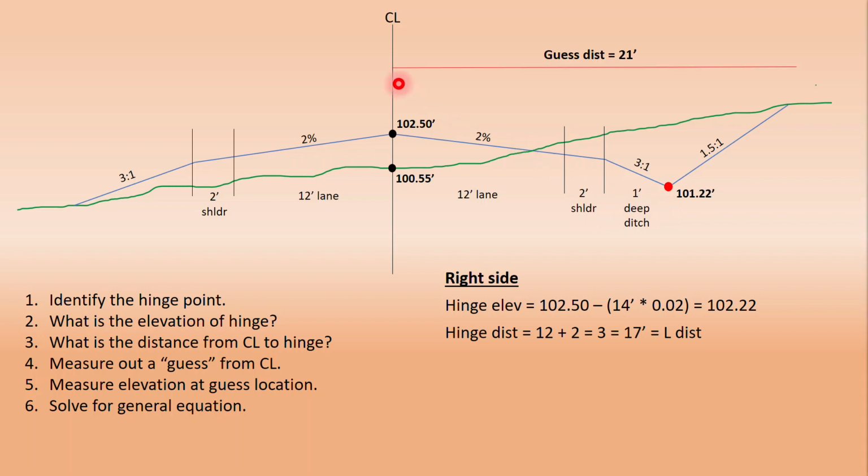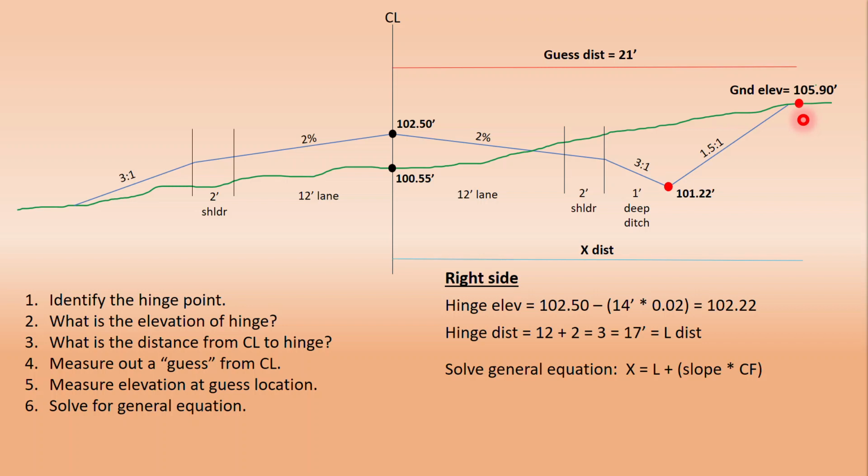Just throwing in an example distance, we're going to guess 21 feet, right? We know we have to be at least 17 feet, so I'm going to guess 21. And using whatever tool I have available, I've measured the ground elevation to be 105.90 feet. Now I'm going to solve my general equation for slope staking. X distance down here is the computed distance,